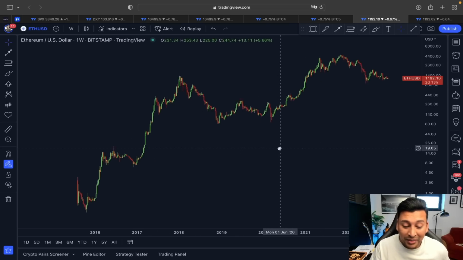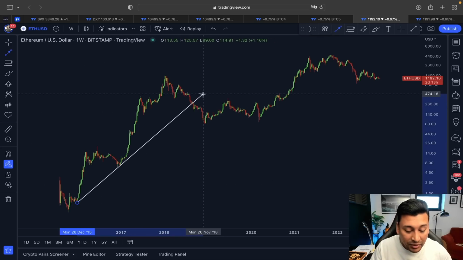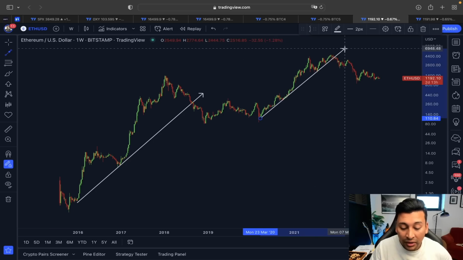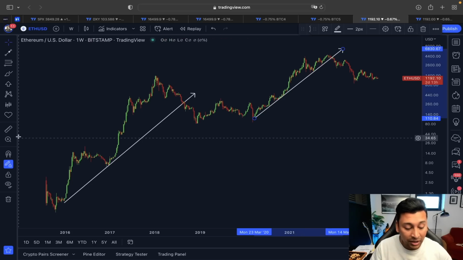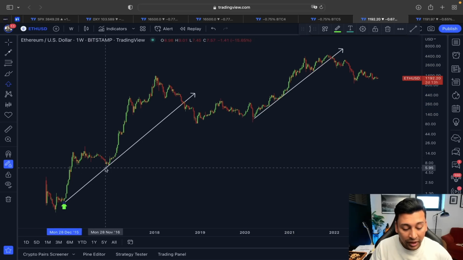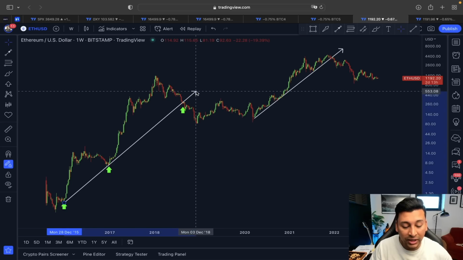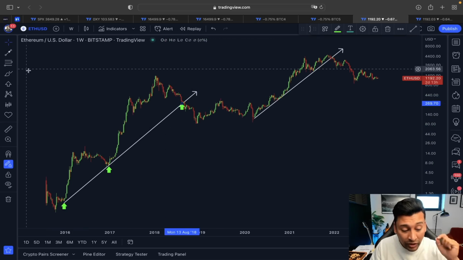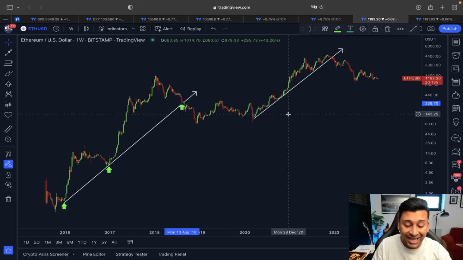So for Ethereum, I am going to keep it very simple for you guys. If you look at this price action of Ethereum here in a weekly time frame, you can see in the past price action, this rising trend line has always played a very important role here in Ethereum price action. Whenever the price has started with this impulsive movement, this rising trend line always acted as a strong line of support, and after that the trend also continued this uptrend. But once we lost the support from this rising trend line, the price started showing this actual downtrend.